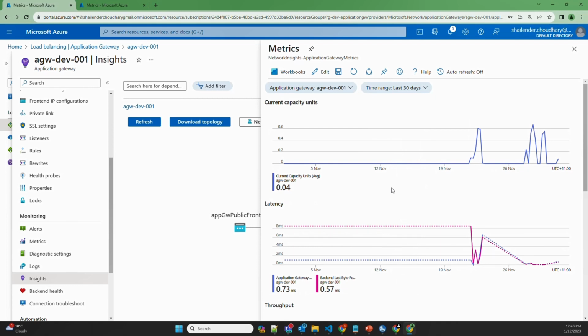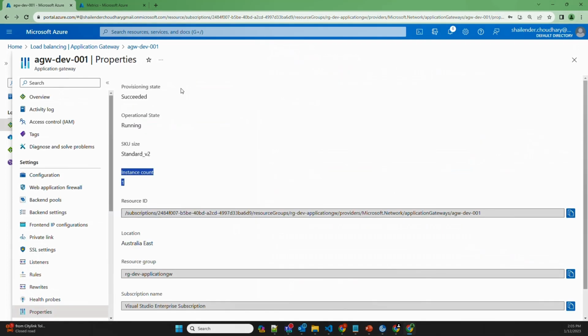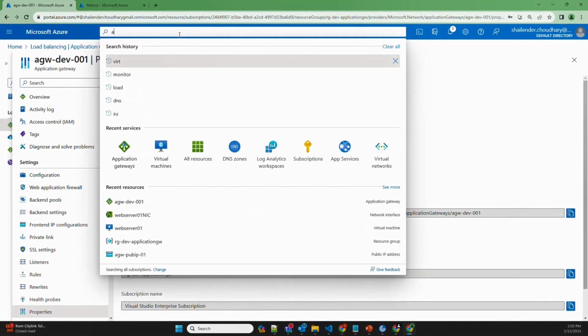Let's assume a scenario where there is a traffic surge on your website from morning 11 o'clock to 1 o'clock in the afternoon. So in that case, if the auto scaling is enabled, your application gateway will scale based on the load. But sometimes when there is instant traffic, application gateway takes some time to scale, which can lead to latency issues on your website. So the solution for this issue is using the scheduled scaling, which I'll show you in this lab using Azure Automation. Let's create an automation account, search for automation,